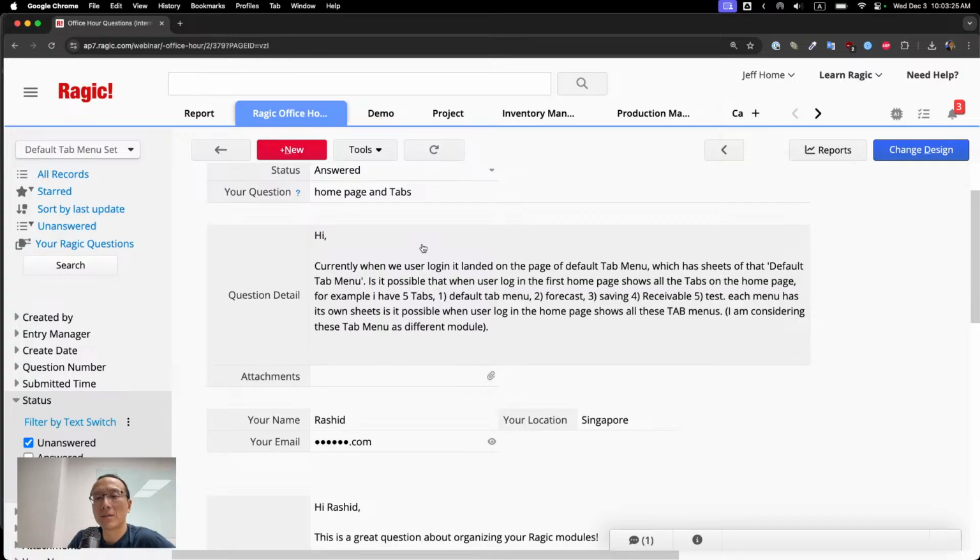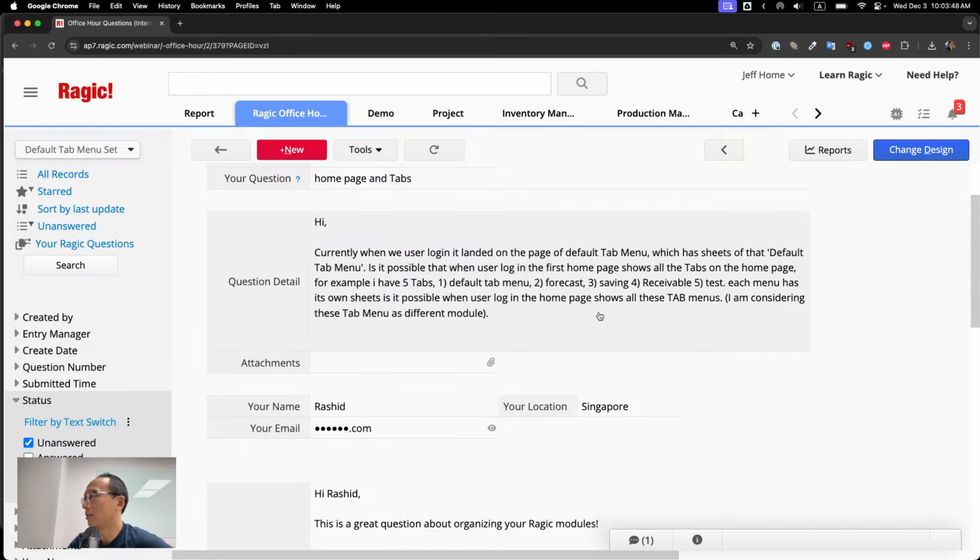That kind of goes against the purpose of tab menus. The tab menu is supposed to help when you have too many tabs, you could organize them into tab menus so that you don't have to see all of them at the same time. So if you want to have these 5 tabs, each has its own sheets, is it possible when a user logs in and shows all these tab menus? You're considering these tab menus as different modules. They're kind of like different modules, but